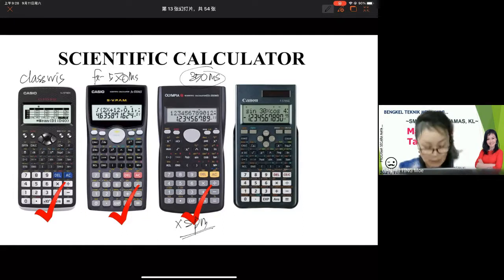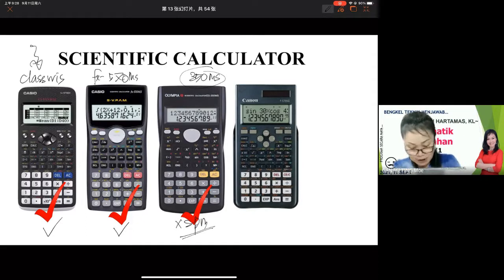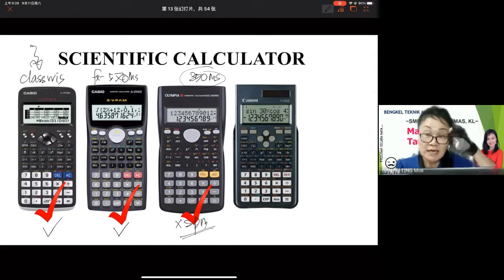The second one, yes, most of you use the second one. And if this is a very special calculator, if you intend to get a second calculator, I will encourage you to get the ClassWiz. Okay, because with ClassWiz, you can get the answer. You can get the answer, but